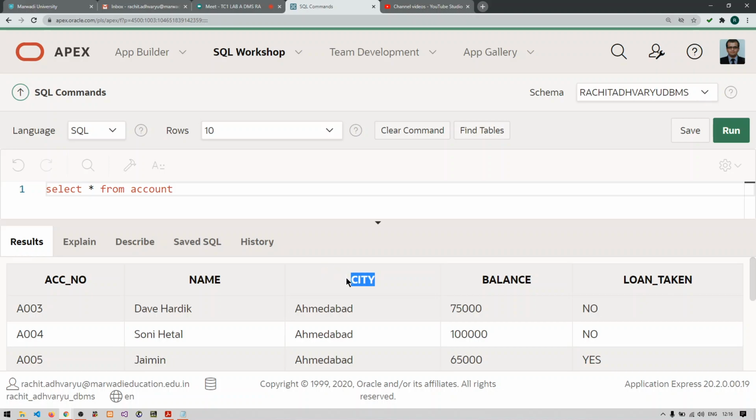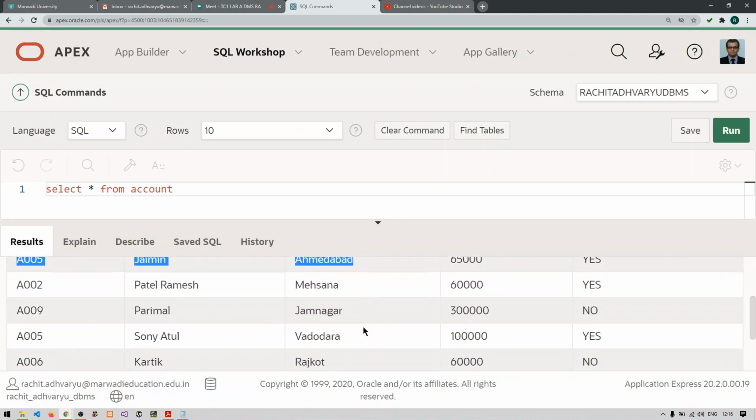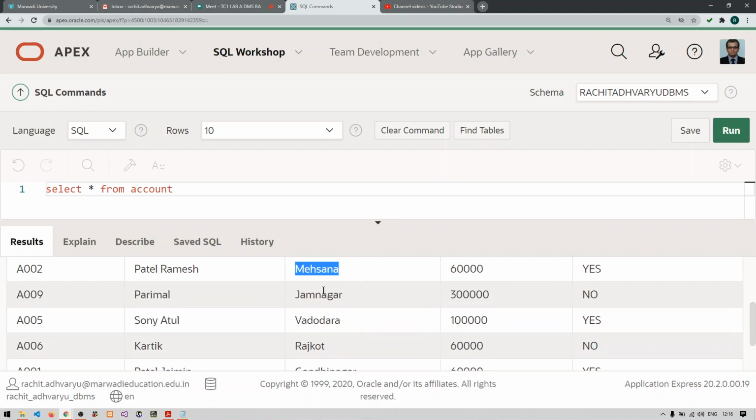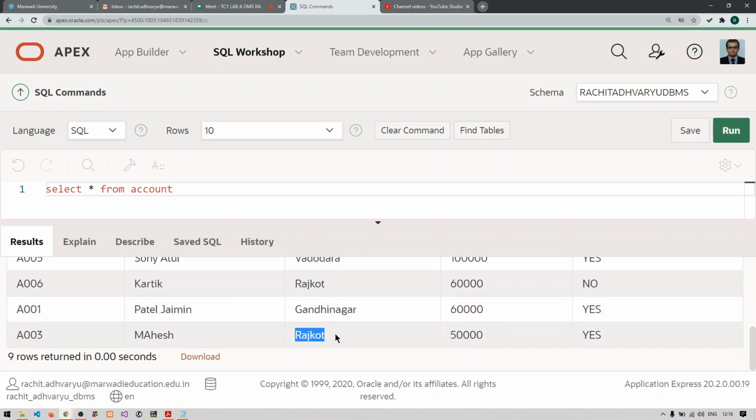So if I say that I want to group this city, then I will have one group of Ahmedabad, one group of Mehsana, one group of Jamnagar, one group of Vadodara, one group of Rajkot, and one group of Gandhinagar. So those are the similar data or duplicated data. We can group them into one single group so that we can use it quite easily.